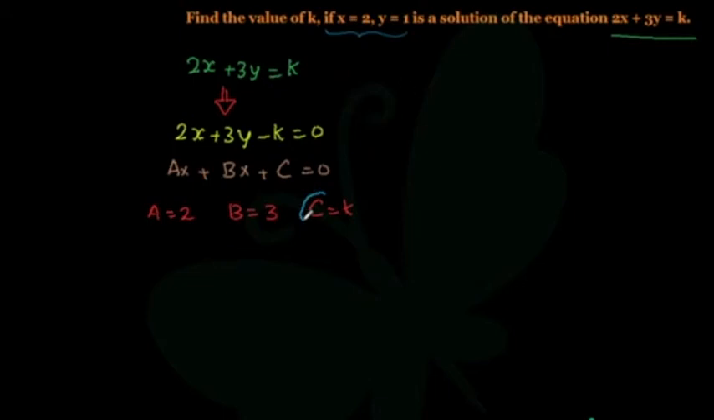This is what is asked in the question to find, this value of k for the given pair of values, x is 2 and y is 1, which is the solution of this equation. So you can actually think of this k as a parameter